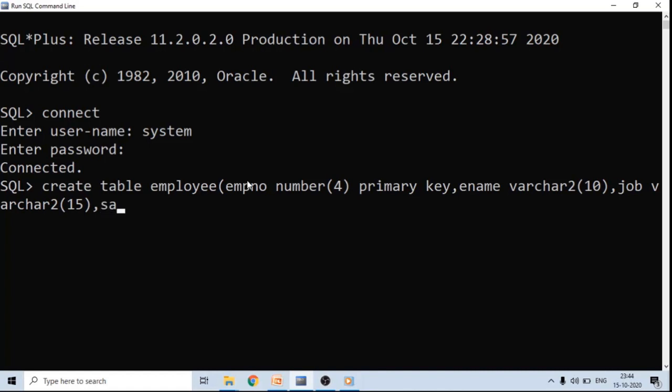then salary. The sal keyword I'm going to use, you can use any name. Number is a data type which accepts numeric values only. Then department number,